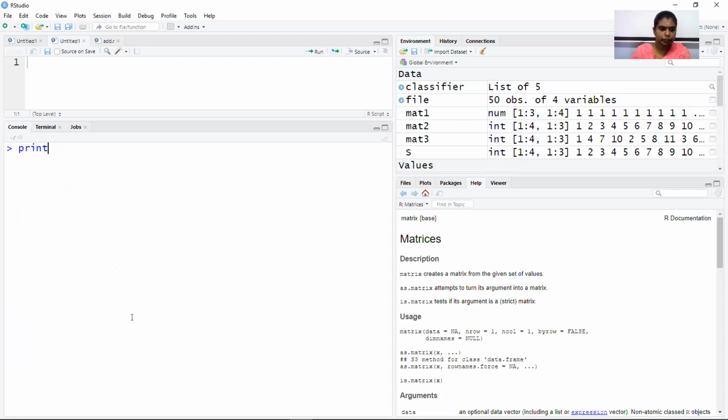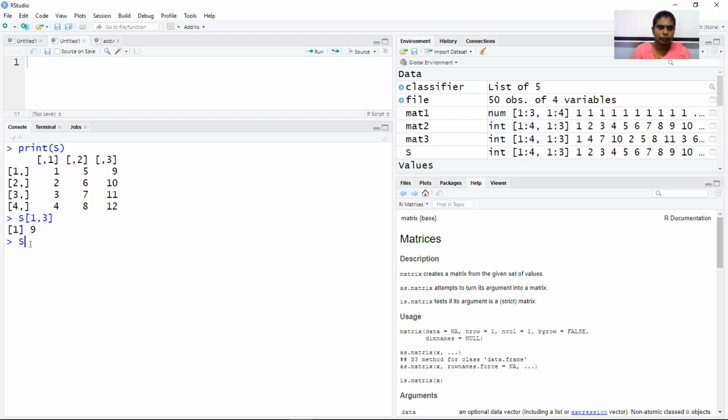Okay, I'll show you one more time. So let me print S first. So this is the value of my matrix. So I want to access one particular data. Then I should give S of 1 comma maybe 3. Okay. So it is picking up the first row and it is taking the third value, that is 9. Now instead of accessing one data, I want to access one full row.